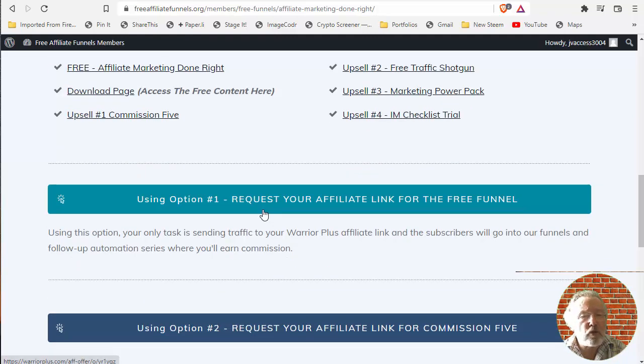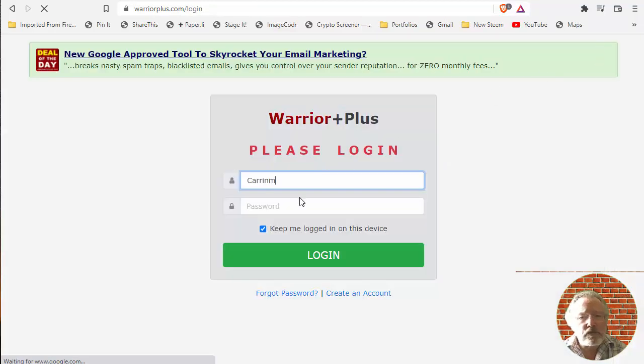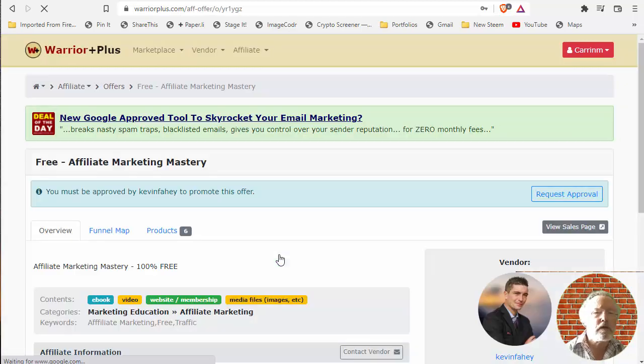The process then for getting started, request your affiliate link, is very simple. We'll click that. It'll open up a window in WarriorPlus. If you're not signed in, you have to sign in. So we'll sign in. And if you're not a member of WarriorPlus, you'll clearly need to open an account at WarriorPlus. It's simple, it's free. Build a profile so that Kevin can at least recognize who you are and what you're